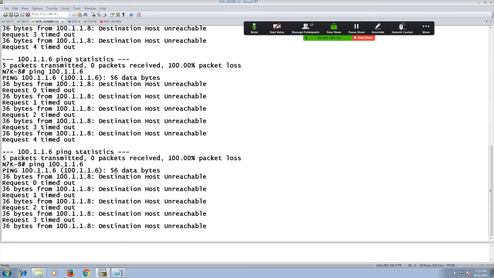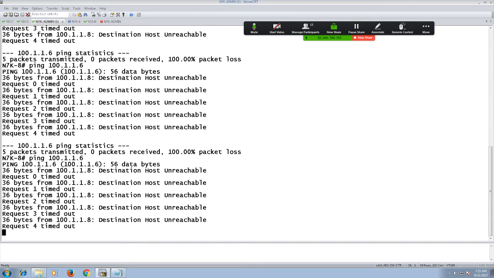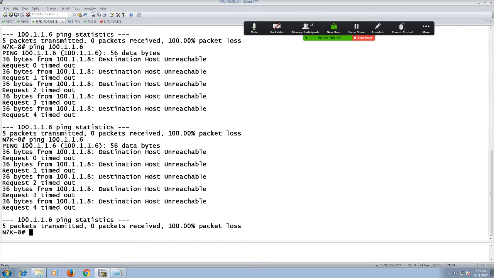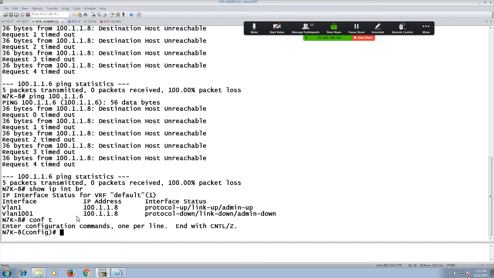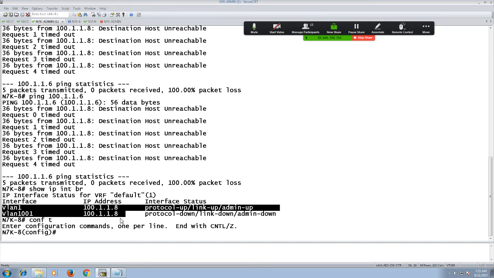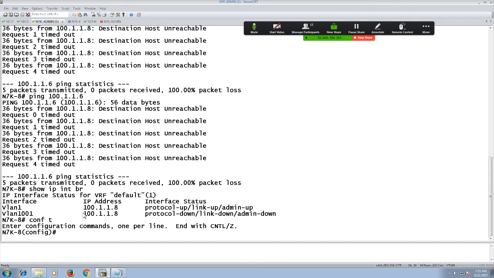Maybe we have to troubleshoot somewhere else, like maybe things have been lost. Let me see, show ip interface brief. So yeah, the problem is that we have duplicate IPs. You can see over here we have the same subnet IP for two different VLANs. It was accepted, but the last SVI which we have got is still in the protocol down status.